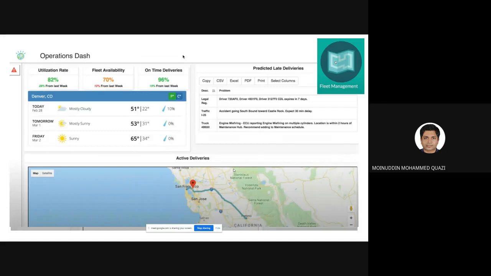Next, if you go to the operations or fleet management, then it is also going to give you the outlook of your fleets, what the delivery times are, and what is the current status of each and every single thing. So every single thing now is automated and based on AI and IoT systems which can be implemented. And that is where we are moving towards smart industries, or what you call smart systems.